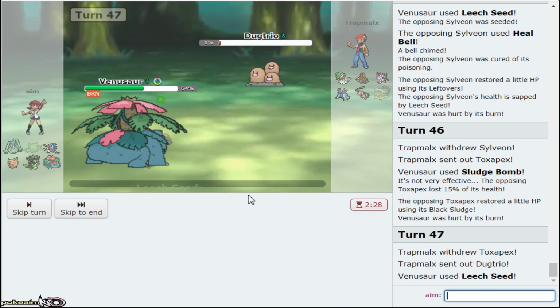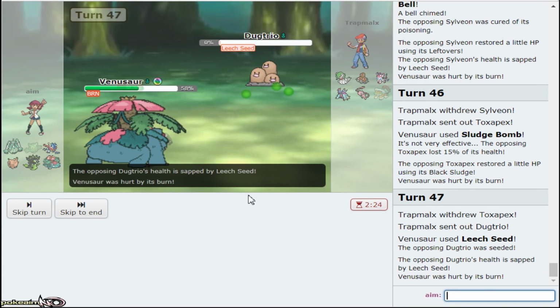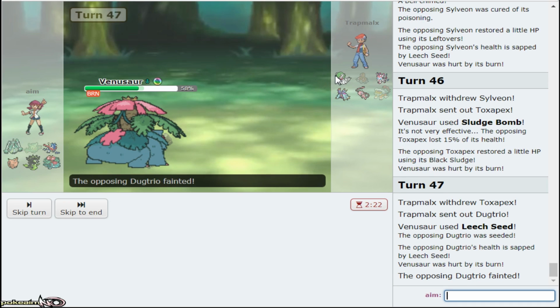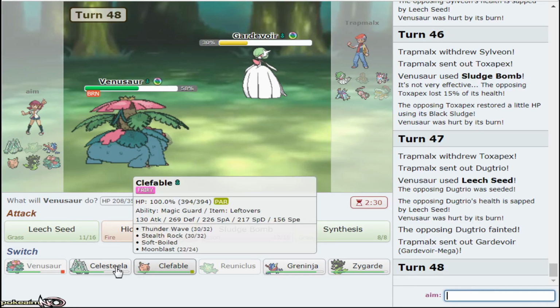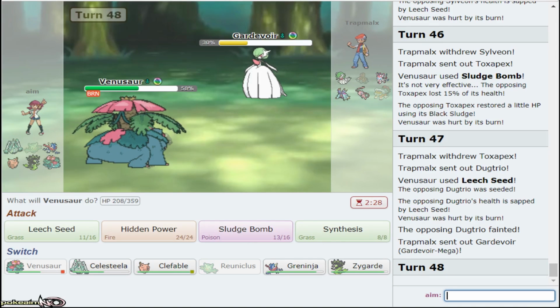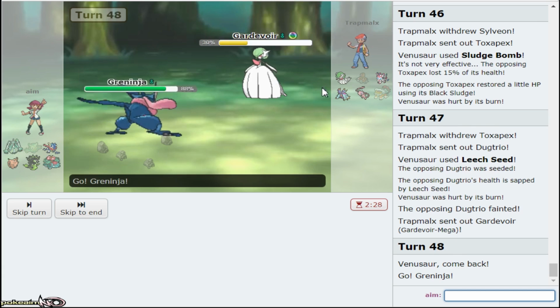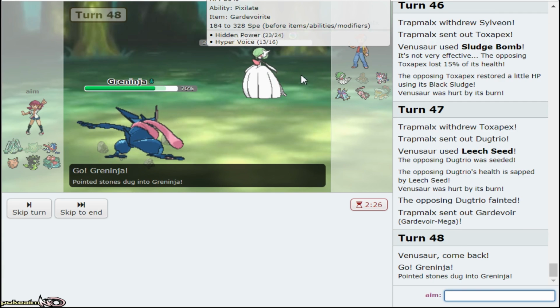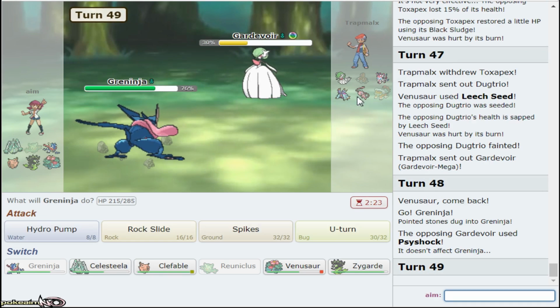Oh, please, please, please hit. Nice. So we don't gotta worry about Dugtrio ever trapping anything or screeching me down. Gardevoir comes out. I think Greninja into Celesteela is better because Hyper Voice or HP Fire is coming out. He could Psychic as well. Yeah, that's what I'm thinking about. Yep. So we get in Greninja now, and